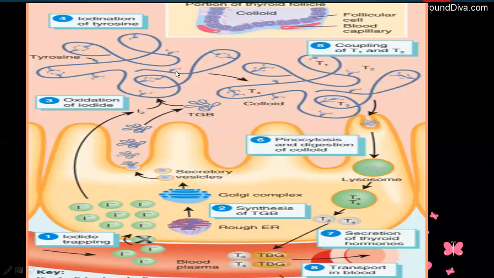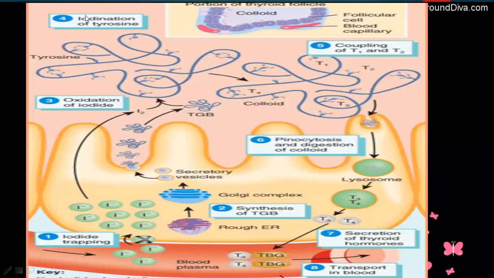You can see in this image, this is the monoiodotyrosine. One iodine atom is coming and attaching. So this is monoiodotyrosine. If a second iodination occurs, meaning two iodine atoms are attaching, that is called diiodotyrosine. Di means two. So if two iodine atoms are attached, that is called diiodotyrosine.